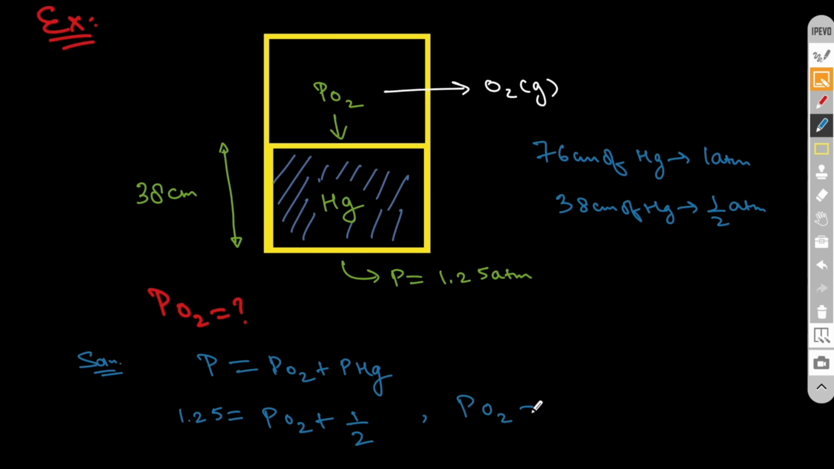So pressure exerted by oxygen will be 1.25 minus 0.5. It will come out to be 0.75 atm, right? Now moving further, we'll write a very important note here, that